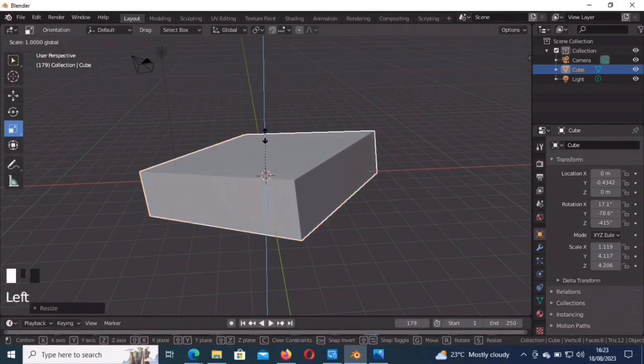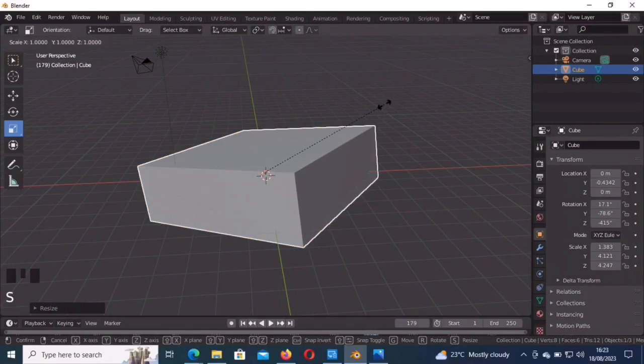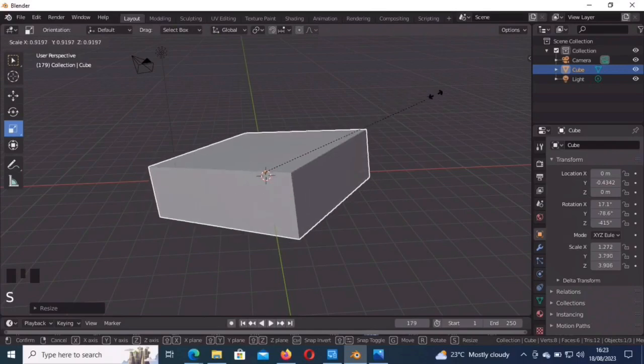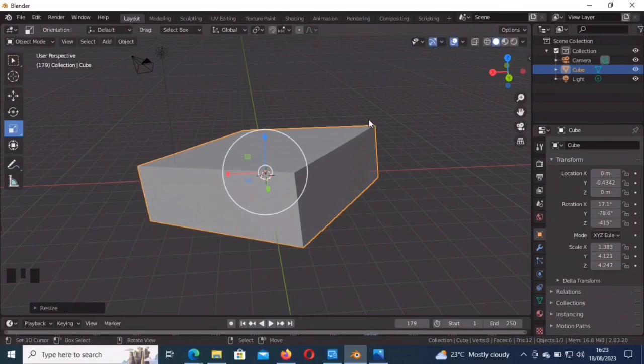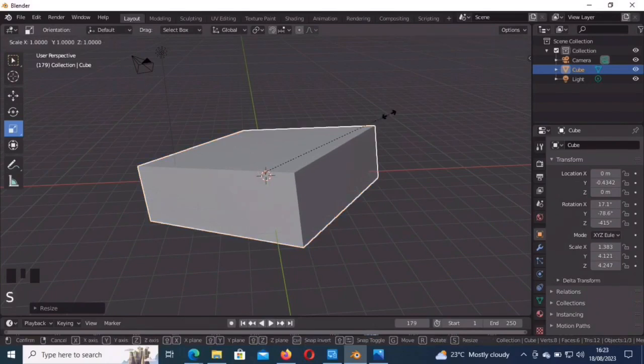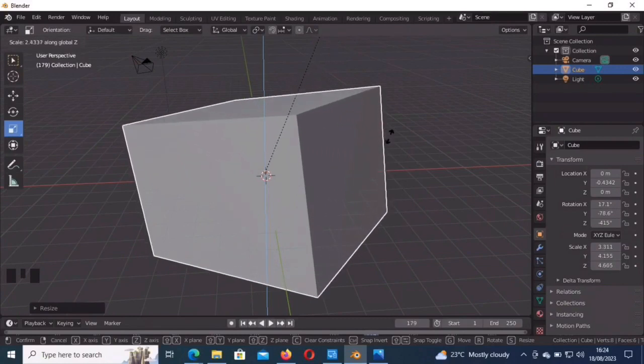Okay, so now the hotkey for this is actually S, which is to scale. So S is for scale, so the hotkey is S. So once you press S, you can actually scale your cube. Then S plus the axis you want to scale along, for example SZ, we scale only in the Z axis,